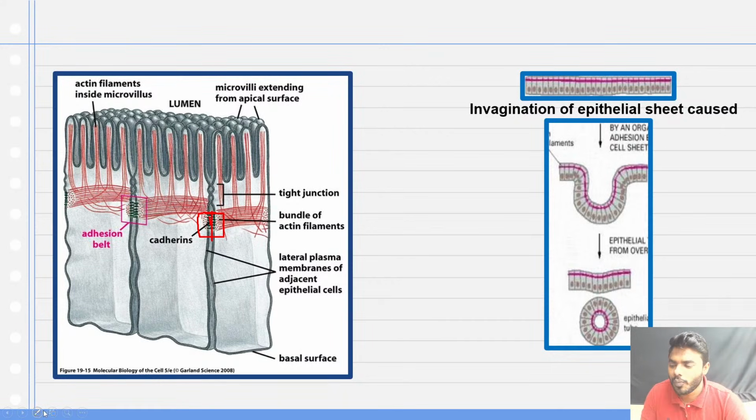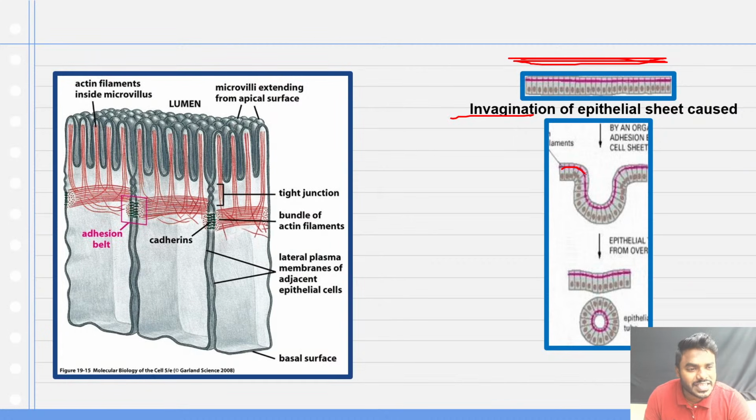And friends, I hope you are all recalling this diagram of invagination. While reading the process of gastrulation in developmental biology, we studied invagination, involution, epiboly, convergent extension, delamination, ingression. I hope you all remember. Now you see here, this is how the epithelial sheet is. Now what is happening? You all know, right? There will be a change in the size, and there will be a change in the shape.